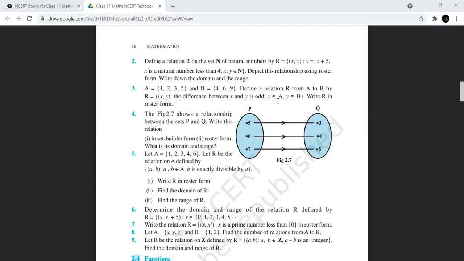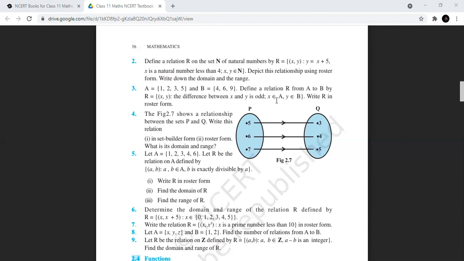So it would be part of the relation. So 1 comma 4 आपका एक ordered pair हो जाएगा. Then you check it out with 6. So 1 minus 6, 5. I mean, take the absolute value, 6 minus 1, say. So that is 5, and another odd number. So 1 comma 6 will also be part of this relation. Then 1 and 9, if you put together, now 1 minus 9, or rather 9 minus 1 will give you 8, which is not odd. That's an even number. So 1 comma 9 relation में नहीं include करोगे. Okay? तो 1 के साथ किस किस का pairing होगा? 1 comma 4 and 1 comma 6 only.